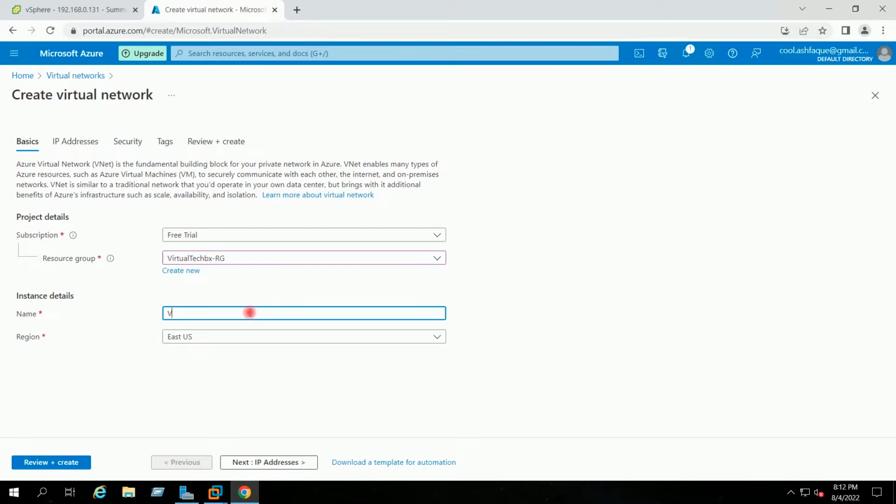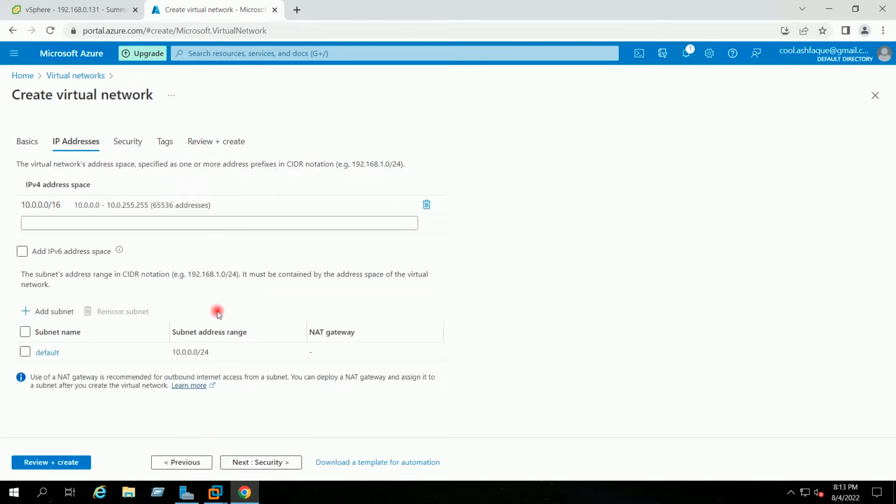Name I will give virtual techbox-VNet. Region I will select East US. Next, IP address space I will give 10.0.0.0/16, and